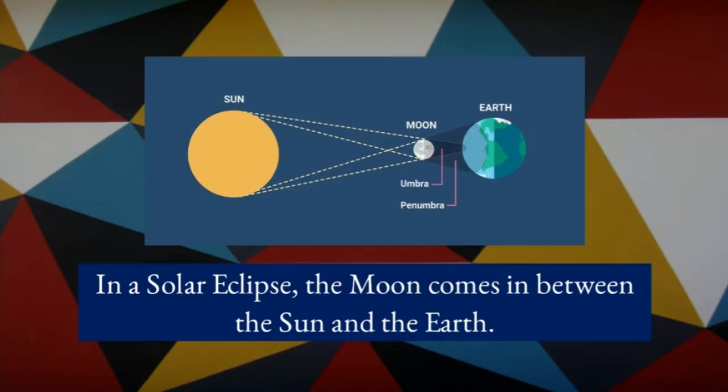What happens in solar eclipse? The moon comes between the sun and the earth. So what is the order? Sun, moon, and earth. Since the sun is the source of the light, the moon will naturally cast a shadow on the earth. Now, what do we see from the earth? The sky becomes dark even during daytime.